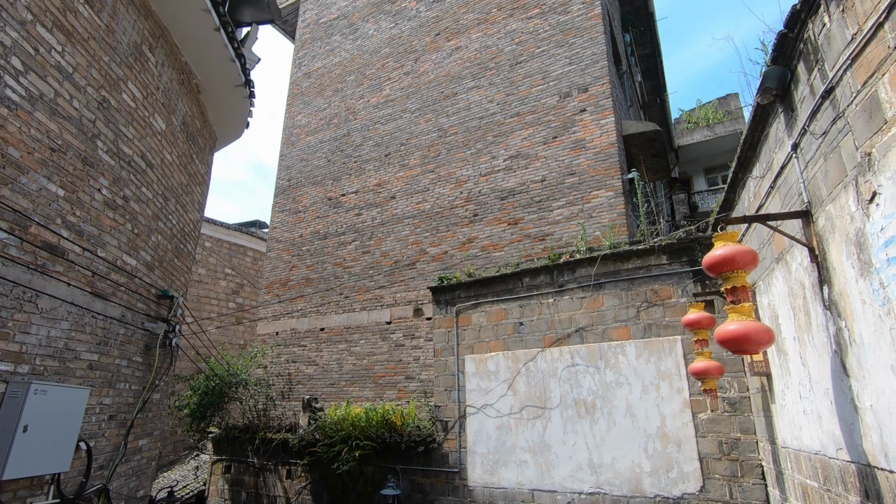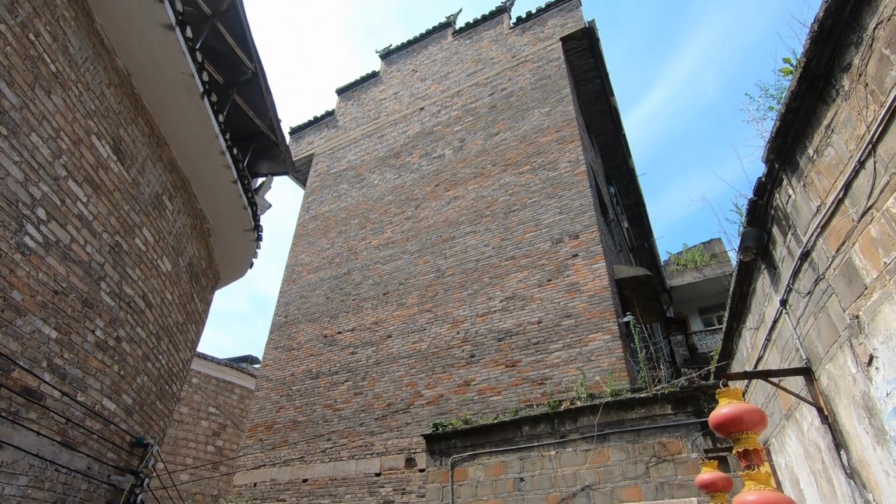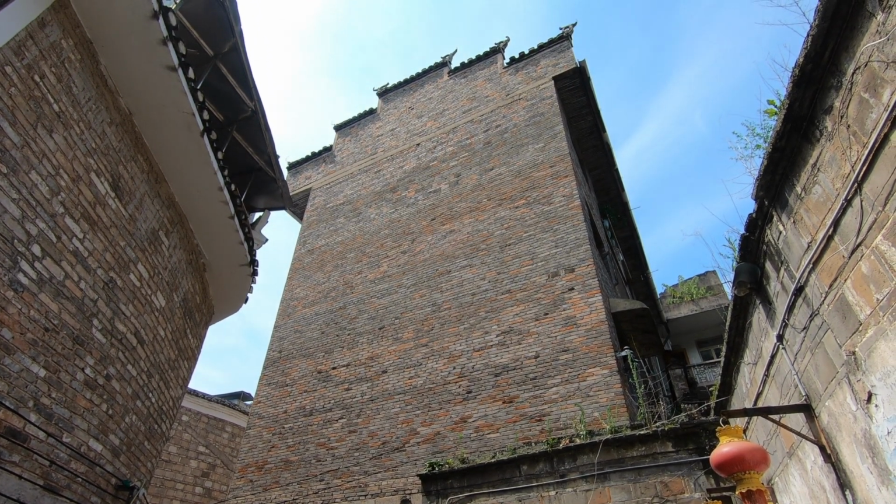So this town is famous for its architecture, obviously, and its old Ming Dynasty buildings. Quite strangely, a lot of the buildings here, like this one in front of me, have very high, flat walls with no windows, and really high roofs. It's called a Mato wall. So these high walls, the Mato walls,